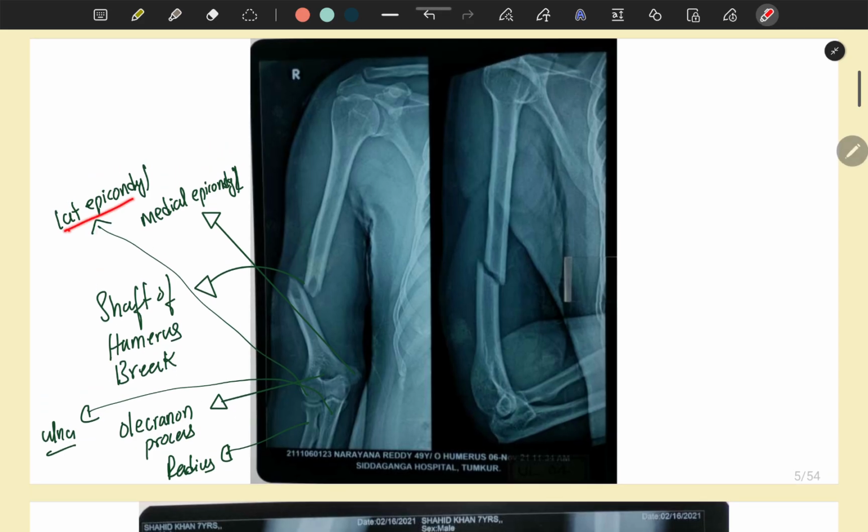Here you can see the lateral epicondyle. This is the lateral epicondyle, where the radius gets attached. This is the lateral epicondyle. This is the medial epicondyle. This is the fossa, the olecranon fossa, where the